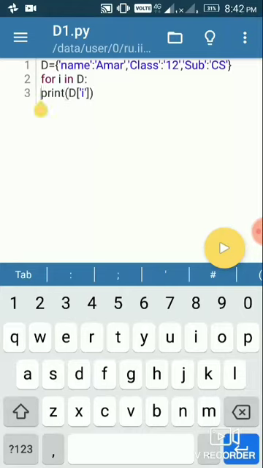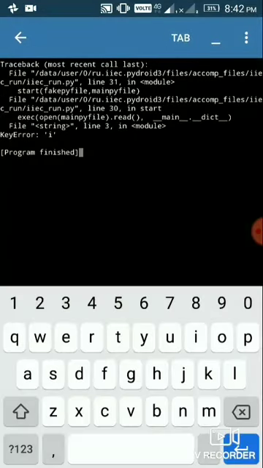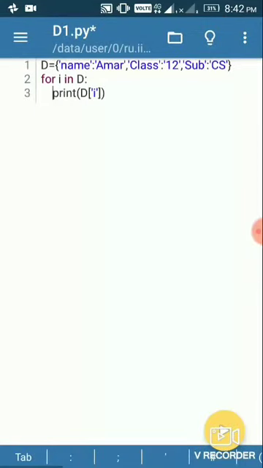Here is some indentation problem, so using the interpreter here, printing D and the value of i. Let's run this program. Let's go back and watch again why this error comes.